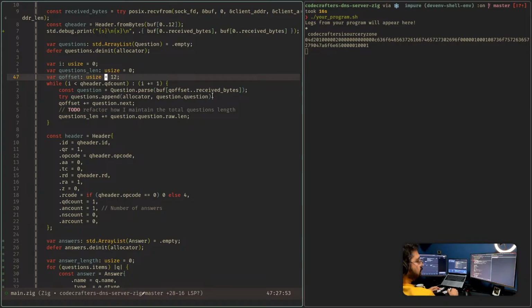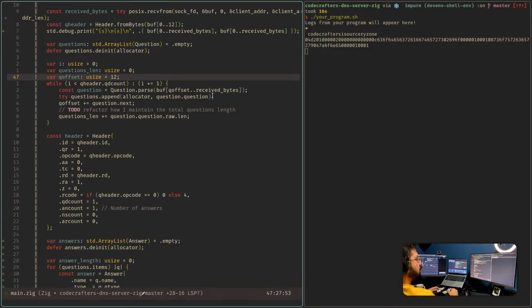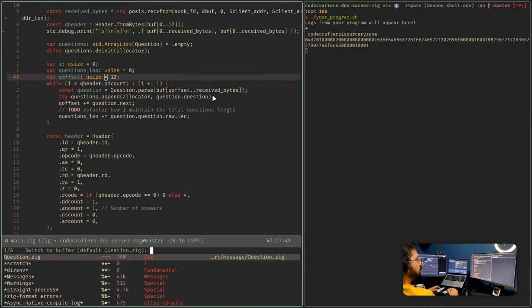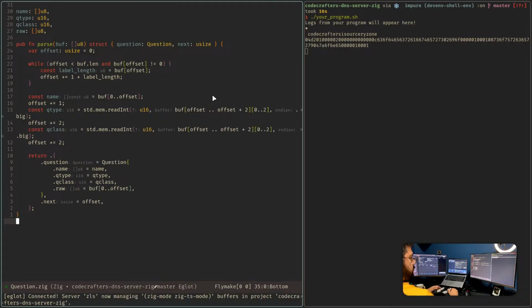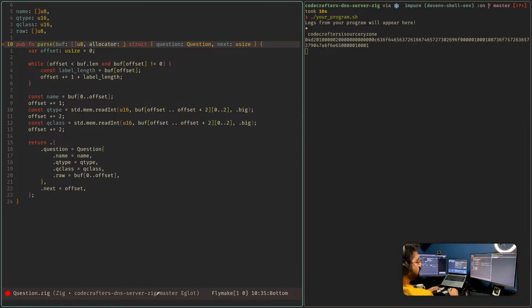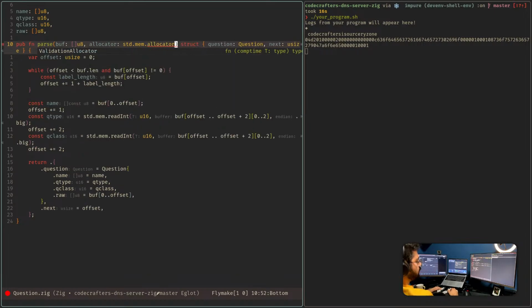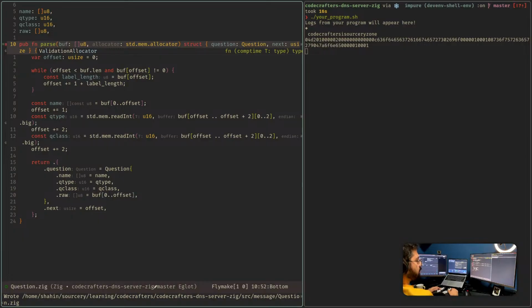I still like this logic where it can focus on one question at a time, but I also can have it inside an allocator. Go here, filter of type std allocator. I think this was the type,